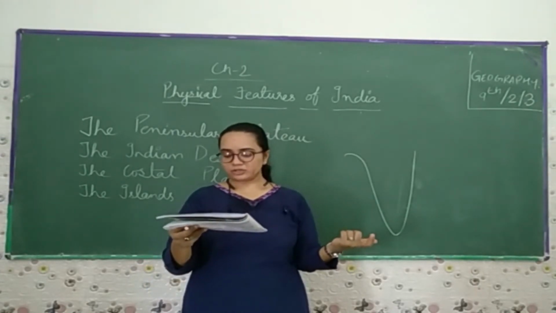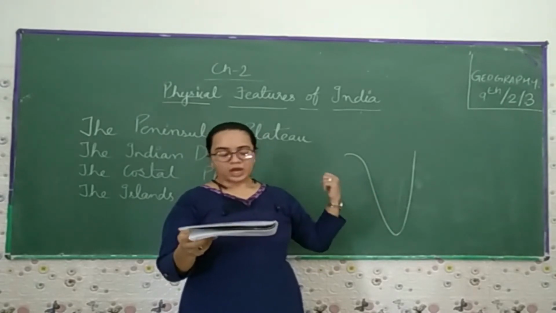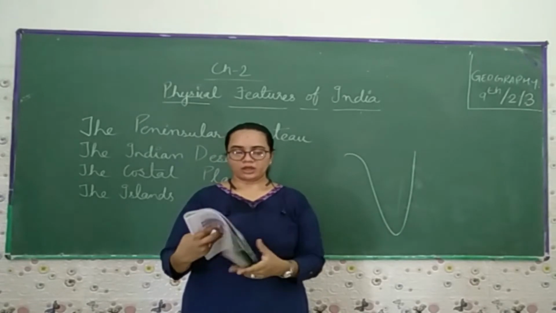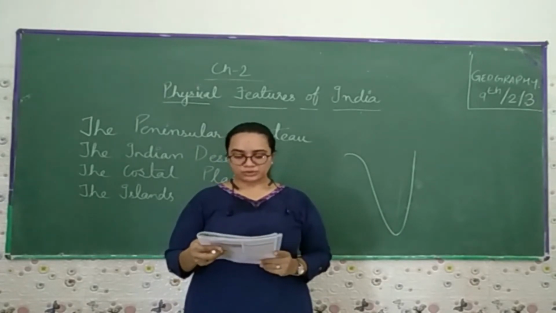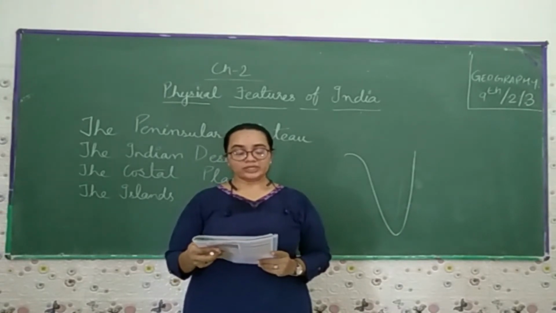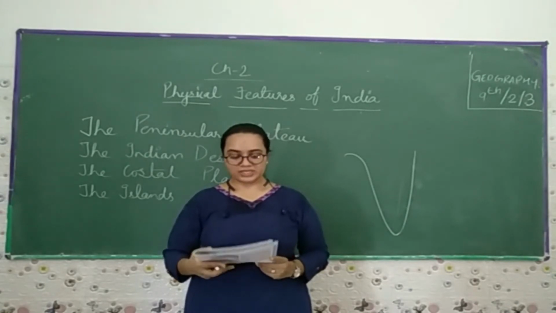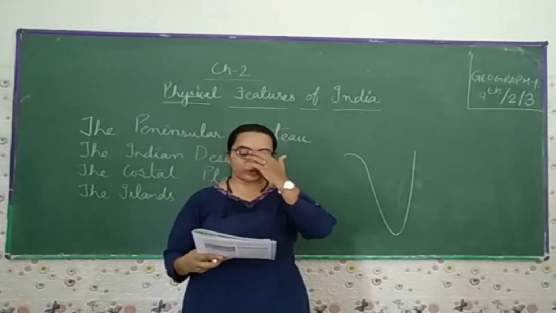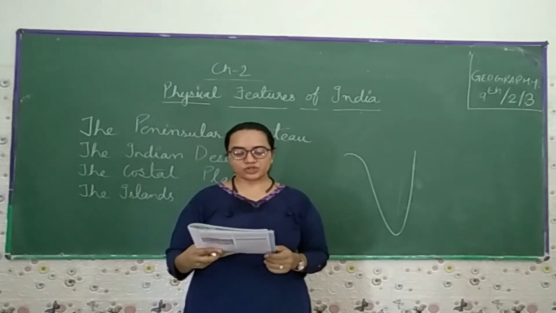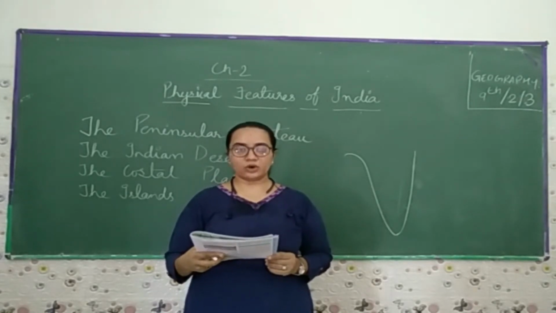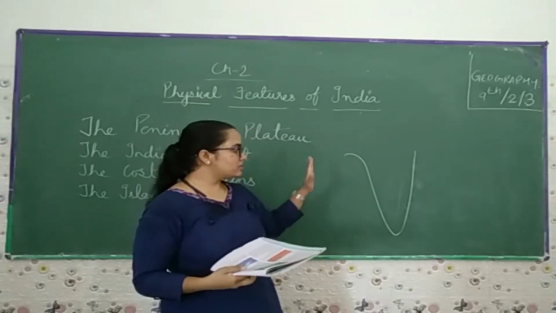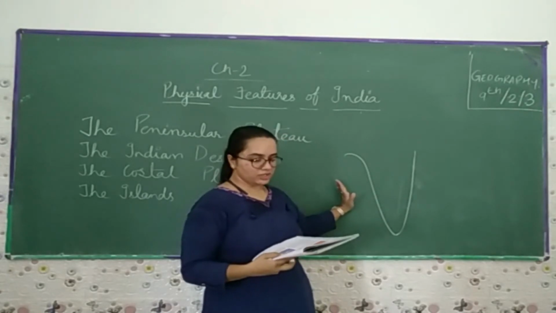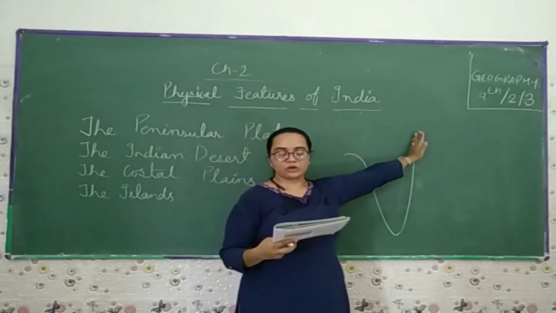The Aravalli Hills lie on the western and northwestern margins of the Peninsular Plateau. These are highly eroded hills and are broken hills, which means that mostly we find rocks in the eroded and broken hills. The extension from Gujarat to Delhi is in the southwest and northeast direction. The southwest is this direction, and the northeast is this direction.